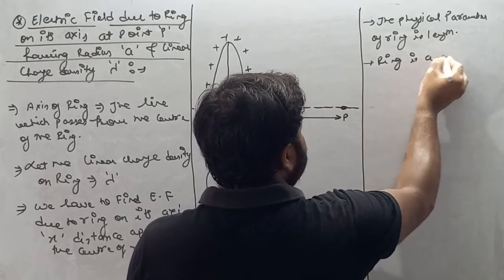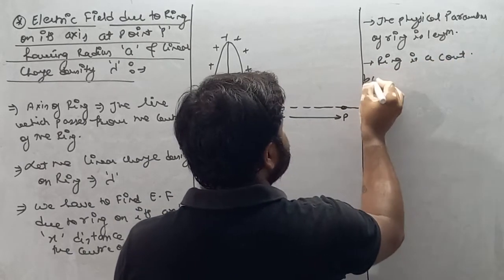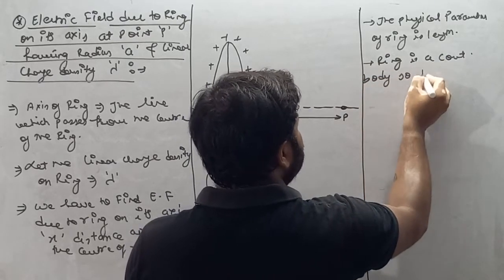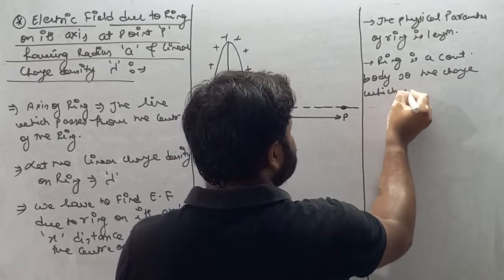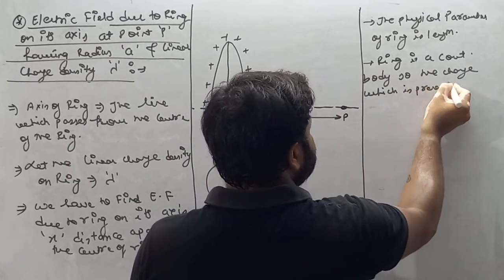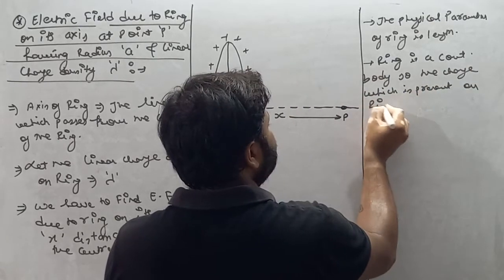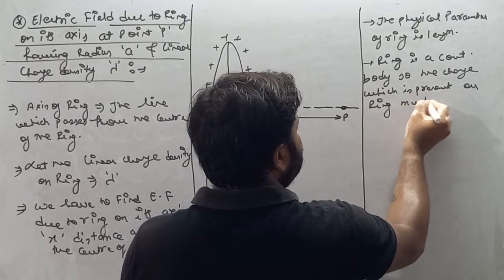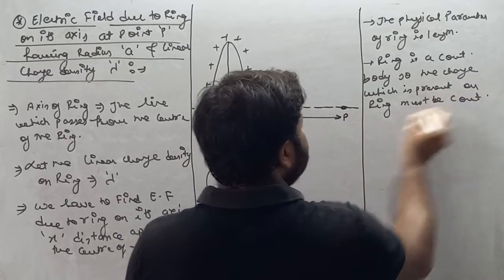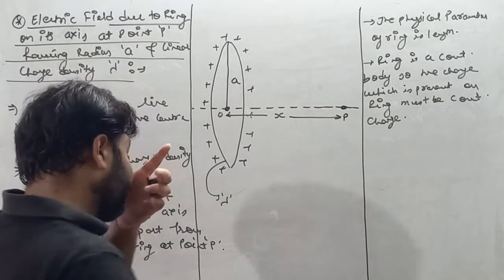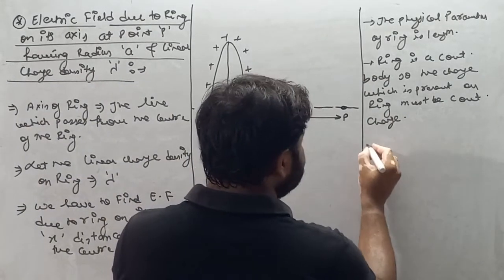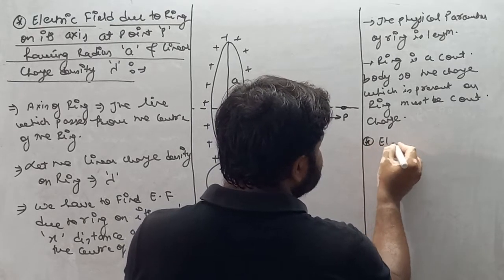Ring is a continuous body, so the charge which is present on ring must be continuous charge. And we know that electric field due to point charge is